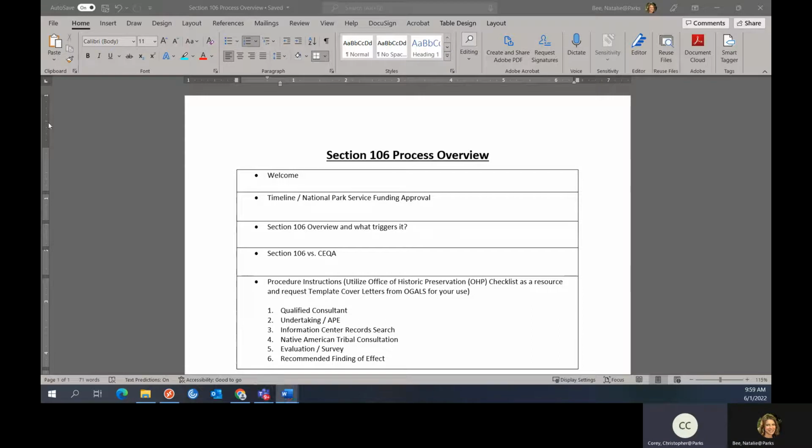Thank you, Natalie. What is Section 106? Section 106 of the National Historic Preservation Act of 1966, NHPA, requires federal agencies to consider the effects of their undertakings on historic properties. Section 106 is triggered when a project involves federal funding. The Section 106 process seeks to address historic preservation concerns with the needs of federal undertakings through consultation between the